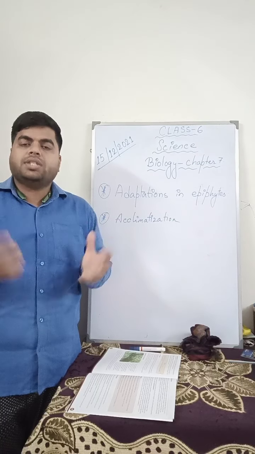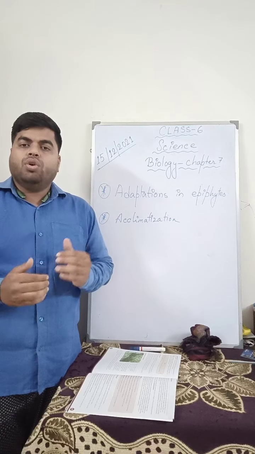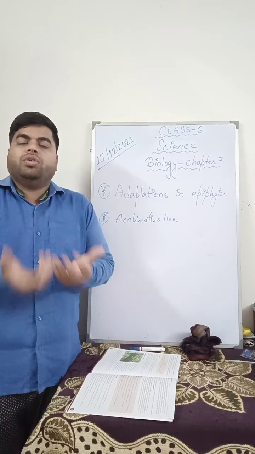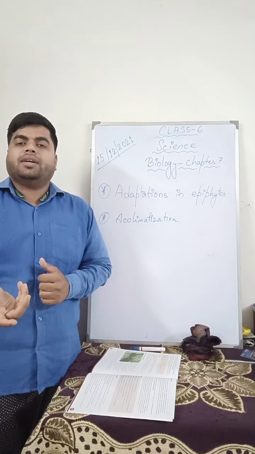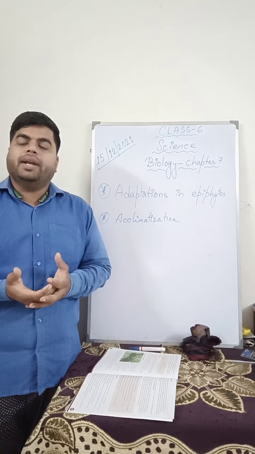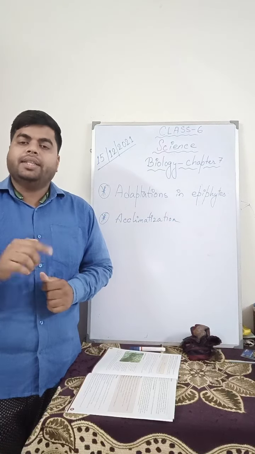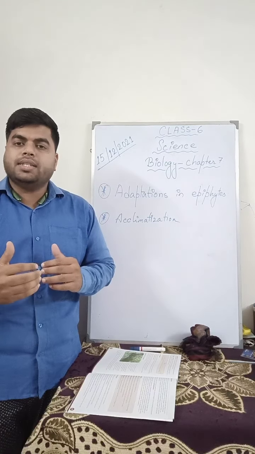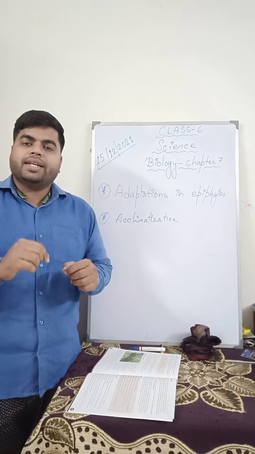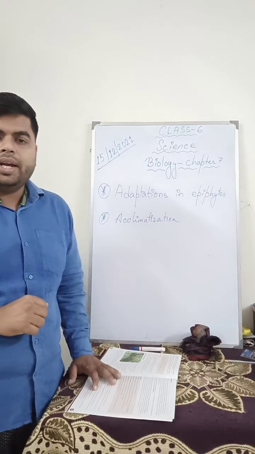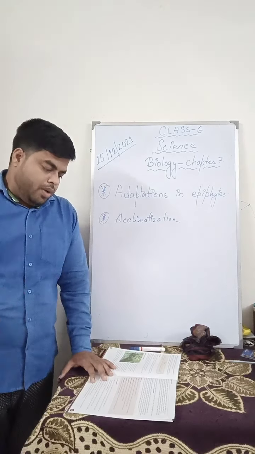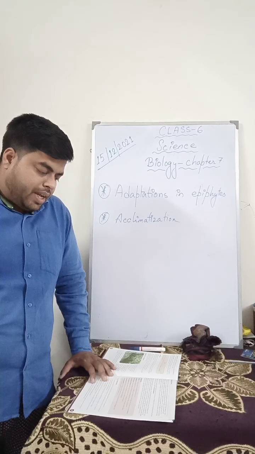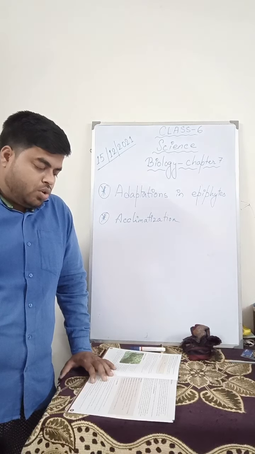But the body structure of human beings is the same. The adjustment is already made, already done. When you take birth, the adjustment is already made. That is permanent. That is known as adaptation. But acclimatization is the temporary changes that your body needs to make so that it can survive in that particular condition. For example, humans may be adapted to live in mountains, but many have to become acclimatized to the prevalent condition.